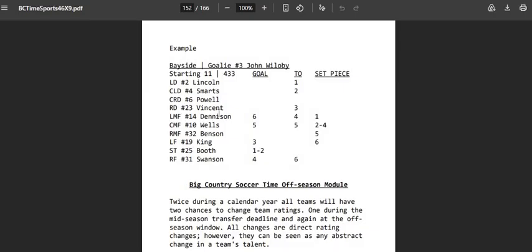I just make up the players. I'll randomly create this team, starting 11. Their goalie is number 3, John Willoughby. They run a 4-3-3. So again, this is a traditional old school soccer 4-3-3. And then I put in the 4 defensemen, I put in the 3 midfielders, and then I put in the 3 forwards, right? So we got a left fielder, right fielder, and a striker who would be out front. So this 4-3-3 would be slightly